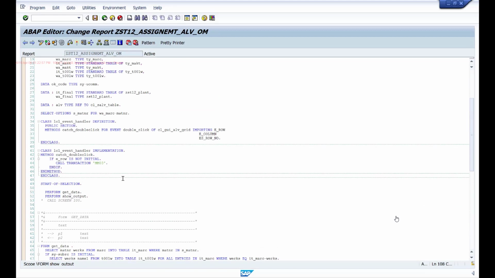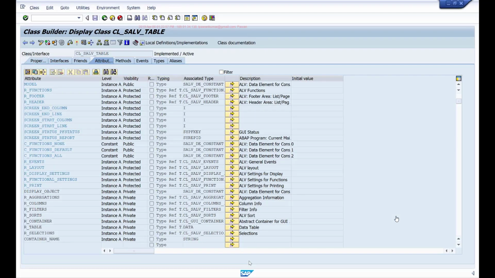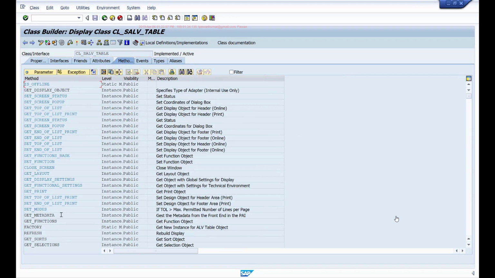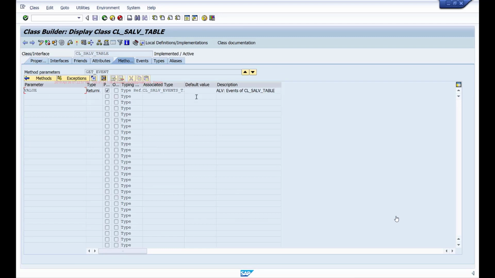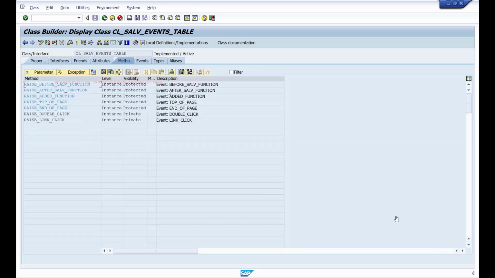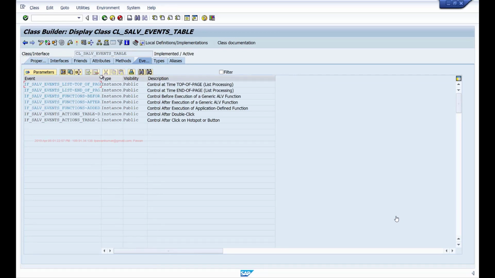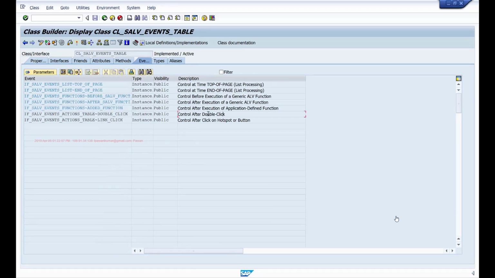If you look at this CL_SALV_TABLE class, in this there is a method get_event, and this method has one parameter which refers to the class CL_SALV_EVENTS_TABLE. If I go to this class, it has these events. One is double click, so if you want to handle double click, you can catch this event.